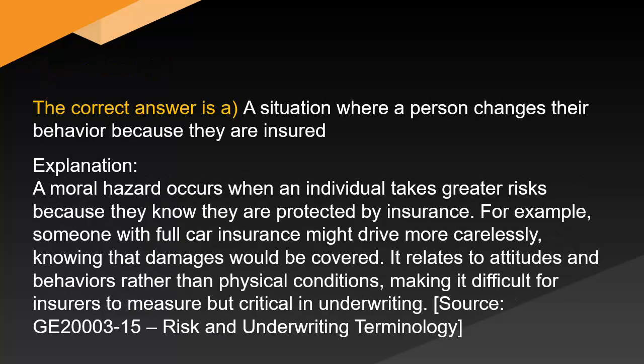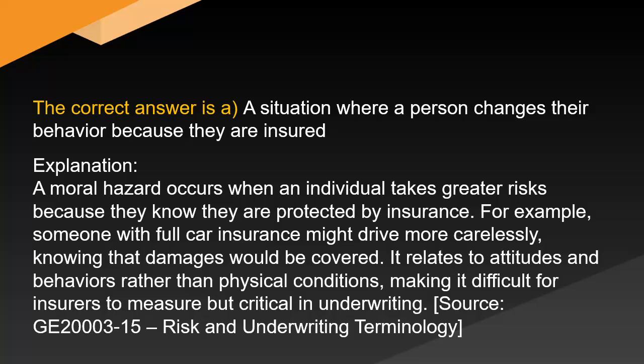The correct answer is A: a situation where a person changes their behavior because they are insured. Explanation: a moral hazard occurs when an individual takes greater risks because they know they are protected by insurance. For example, someone with full car insurance might drive more carelessly knowing that damages would be covered. It relates to attitudes and behaviors rather than physical conditions, making it difficult for insurers to measure. Source: